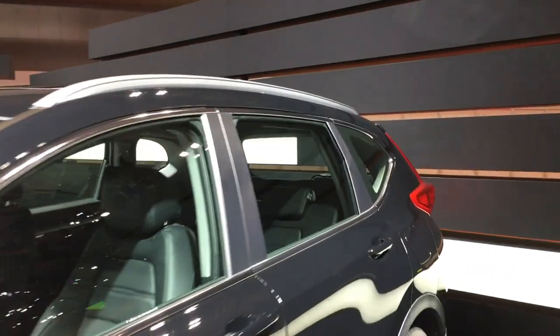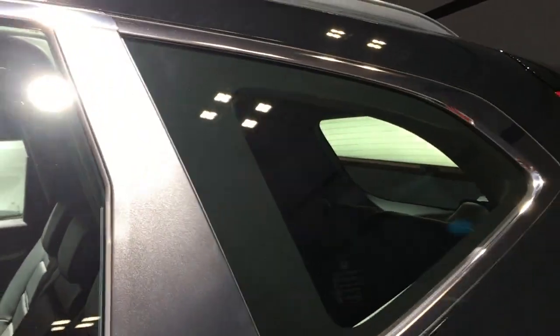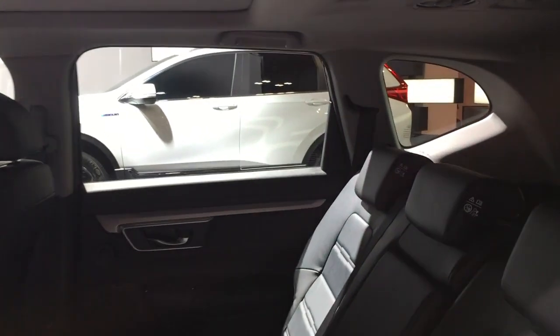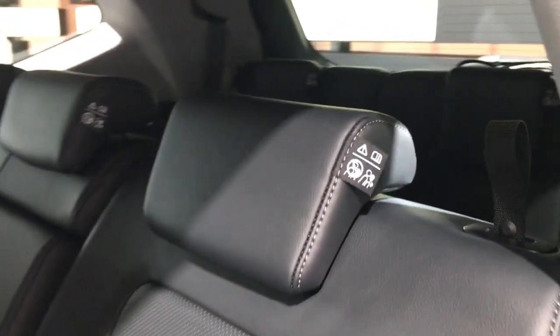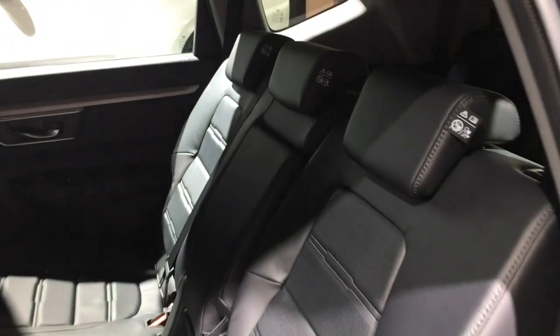So many Malaysians have asked, you have probably read that the CR-V is available with 3-row seats in Thailand and Indonesia, and some of you actually prefer it to have the option in Malaysia. So what I'm going to do is show you whether that is something you really want. First things first,